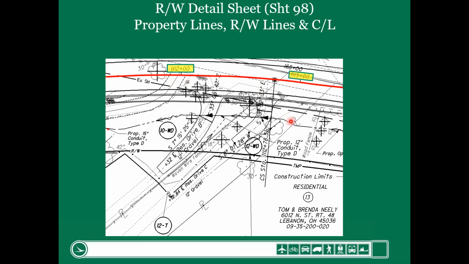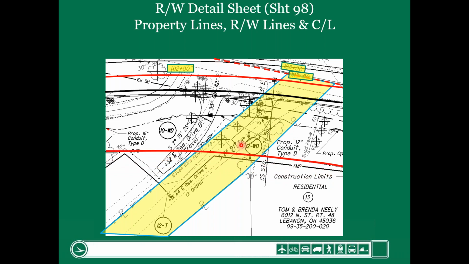This is the center line. Here's the edge of the proposed pavement. Here's the old center line, and this is the old roadway. That's why parcel number 12 or property owner number 12, the property line goes to the old center line. Again, they own in standard highway easement. As you can see, the road is moving closer to their property.